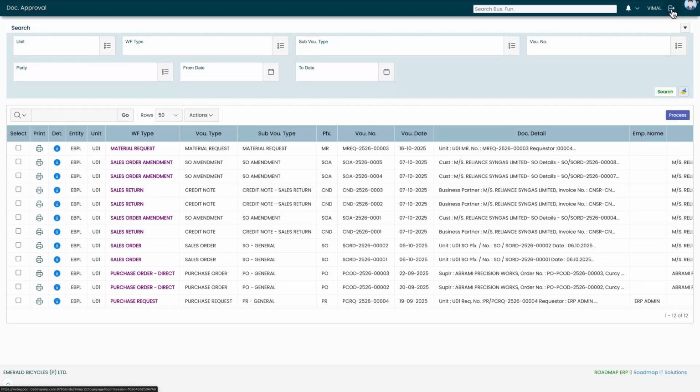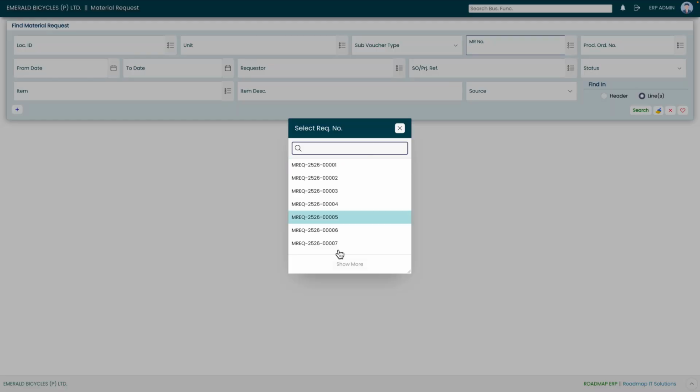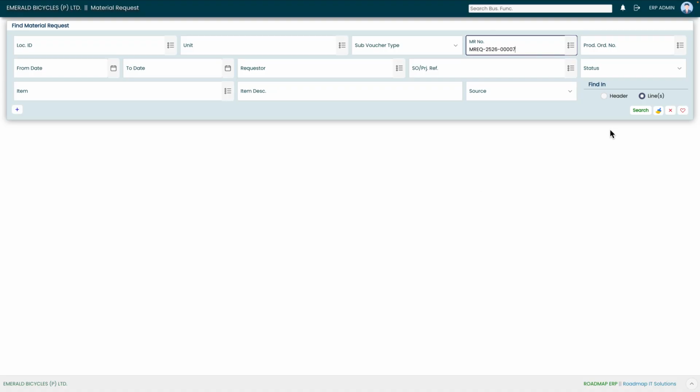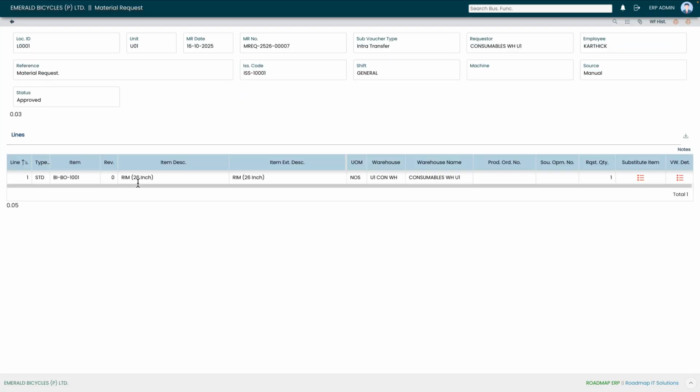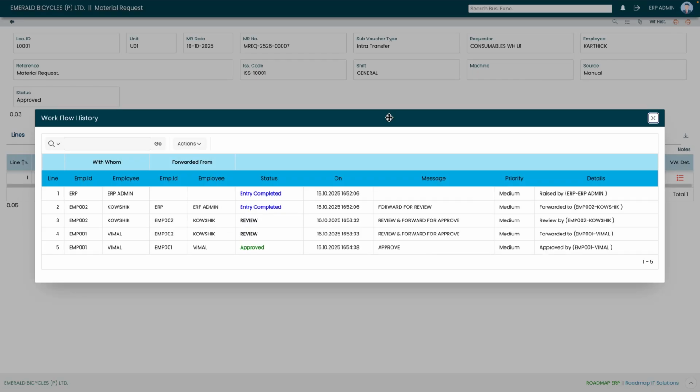Let's go and watch the status at our material request. Let's give our MR number and click on search. When you click on your MR number, the document will get viewed. And so now you can check the status that's approved, which has been transformed from your draft and entry completed finally to approved. So when you click on this workflow history, it provides a complete audit trail